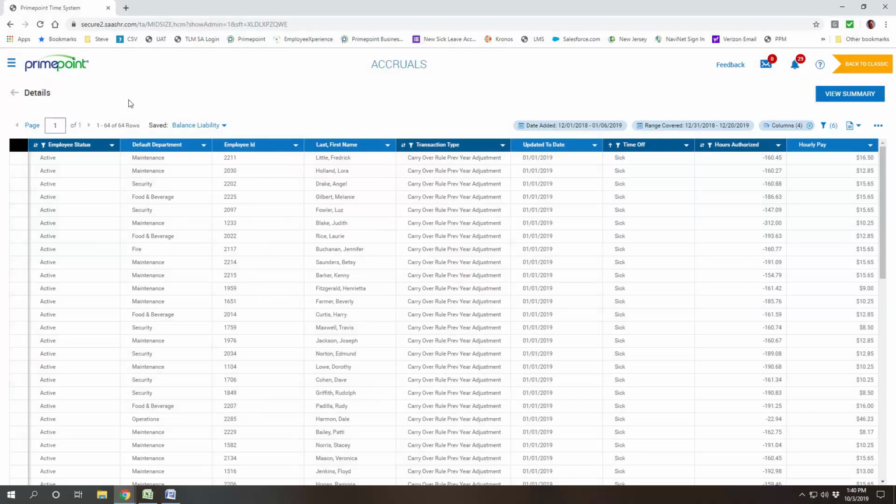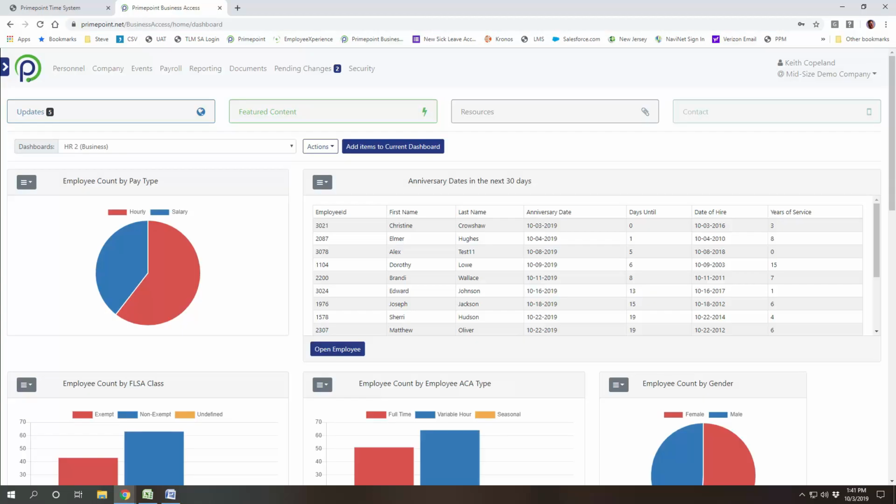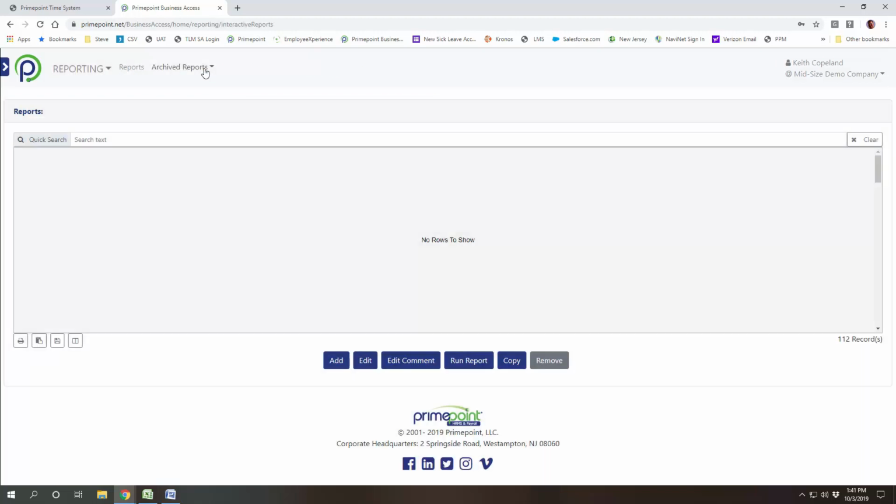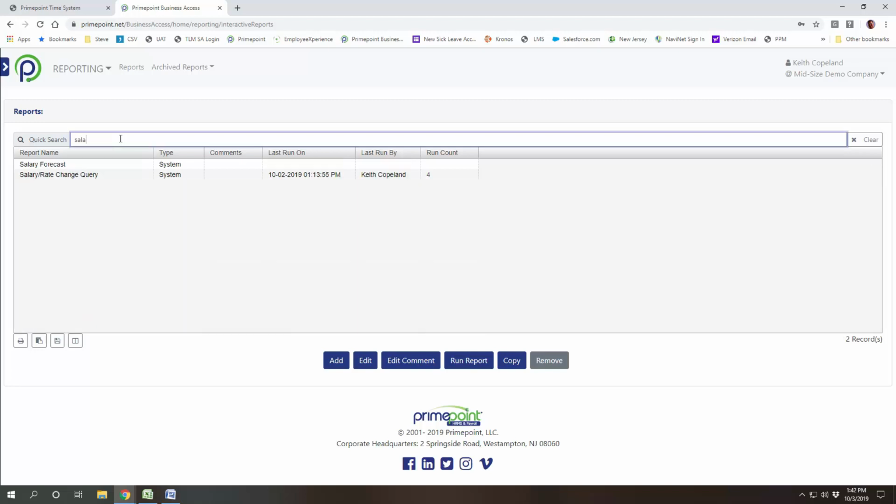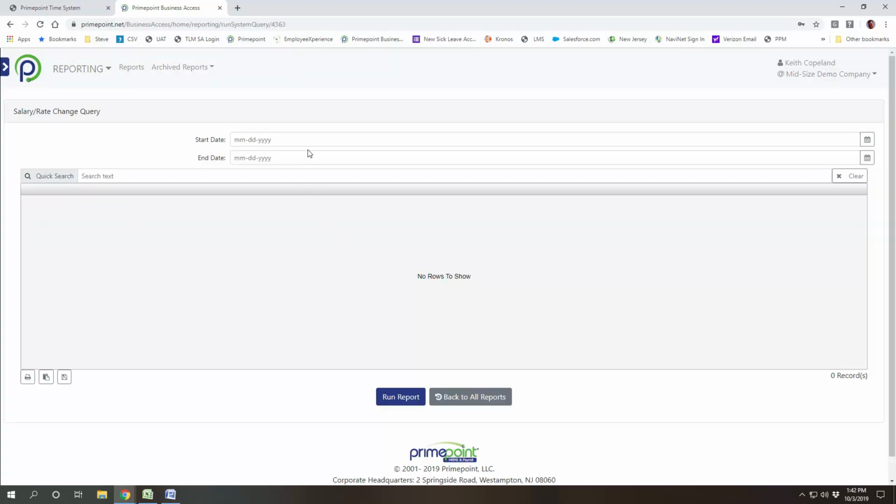So if we jump back over to Business Access again, contact your service team to have the salary rate change query added to your system if it's not already available. Once it's available, click on the Reporting tab, and in the search box, start to type salary until you see the salary rate change query. When you click Run Report, it's going to ask you for the period of time that you're looking for the rate change. So in this case, I'm looking for the rate changes that occurred